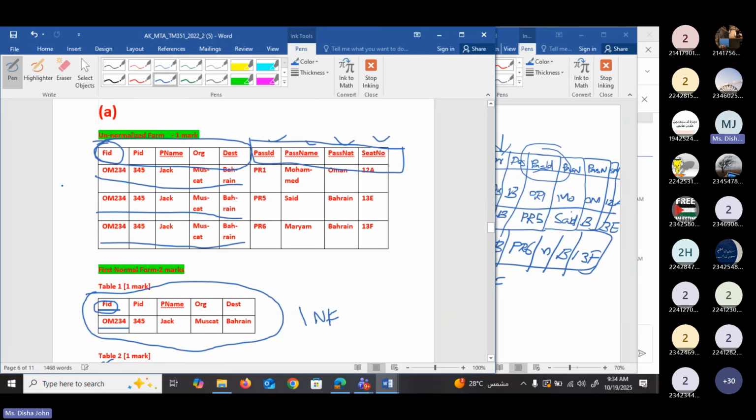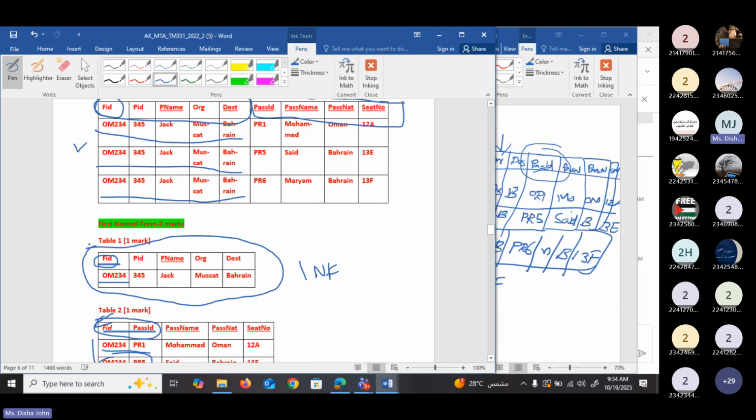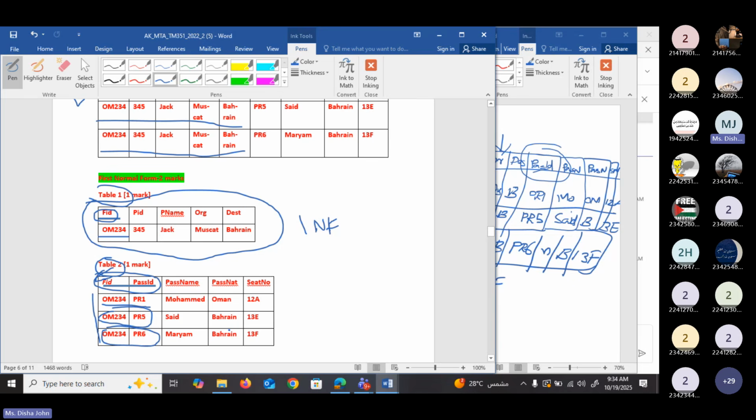Okay, and one more thing. Here, this is the original table. We divided the original table into two tables: this is our table 1, and this is table 2. Now we divided it. If you want to join them again, of course, we need flight ID in both tables. We already learned before that if you want to join two tables, there should be a common column. So in table 1 we have flight ID, and in table 2 of course we need flight ID. Then only we can join these two tables. For them to be related, there must be this column.